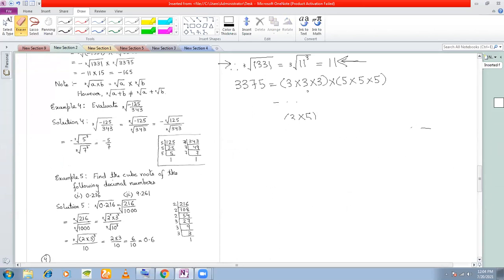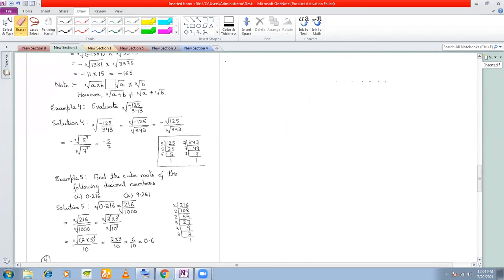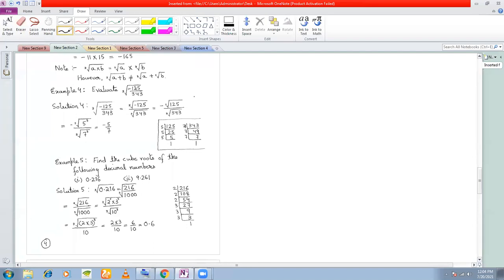We'll move on to the next problem here. Question here is, now we want to find out the cube root of a fraction. Okay. So let's say given here is cube root of minus 125 divided by 343. Now, because you have a negative sign inside a cube root, you can take it out. You can write this as minus cube root of 125 divided by 343.